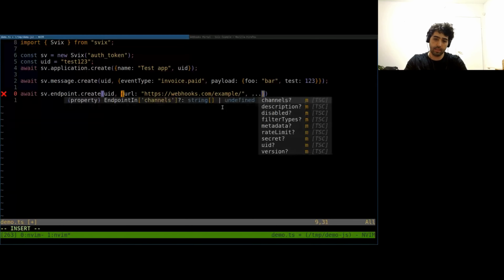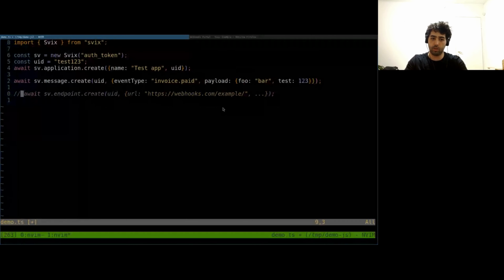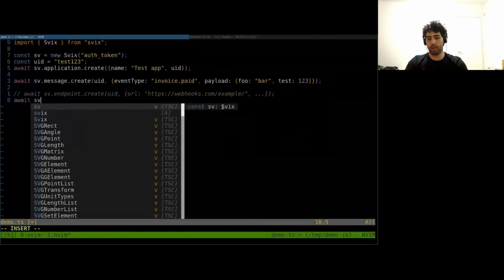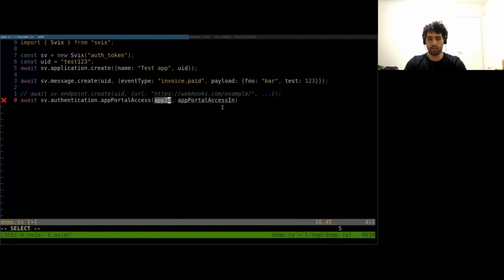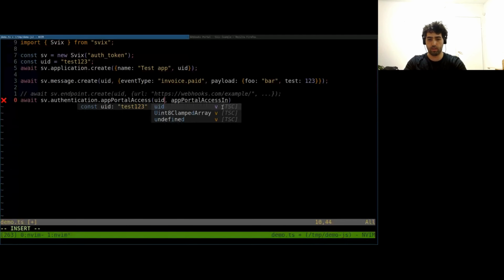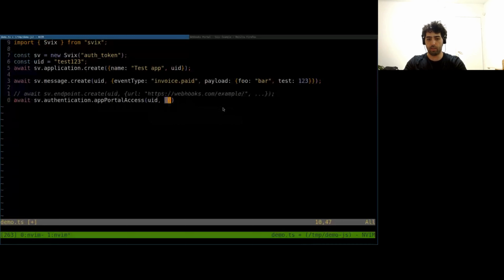But really, that's nice and all, and you can use the API, but that's actually less interesting. A much better variant is to use what we call the application portal. So the way to do it is you go to the authentication route. You call app portal access. Again, you put the UID like everywhere else. And then we don't want to configure it at the moment. And what you get out of it